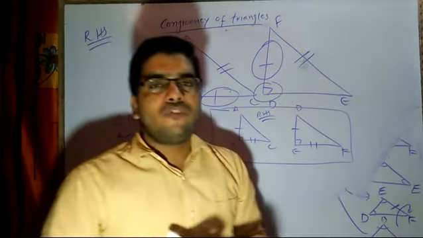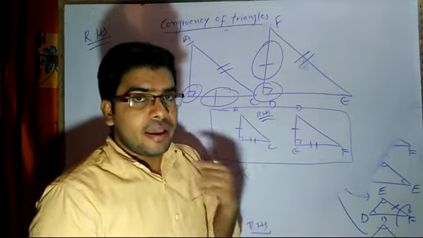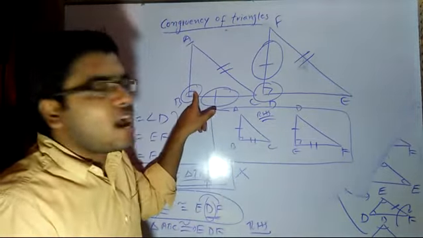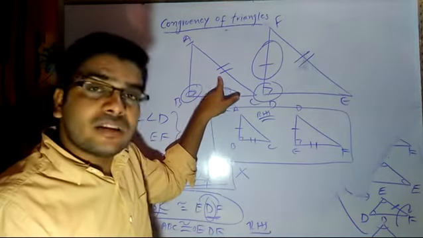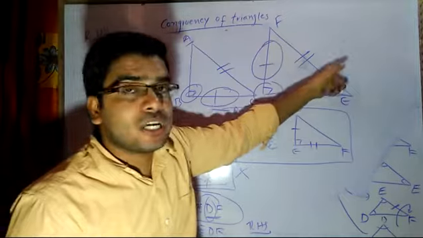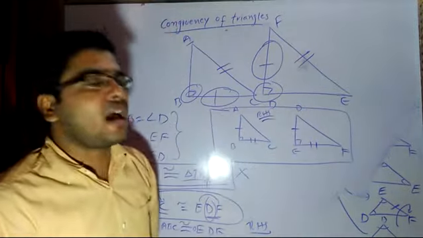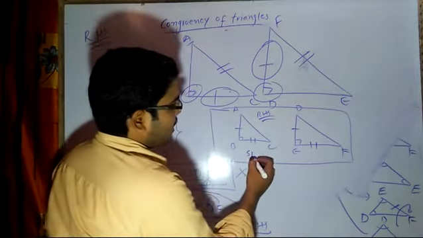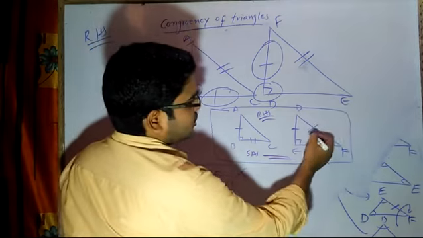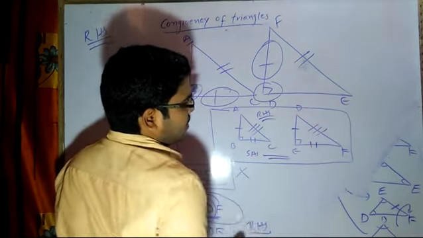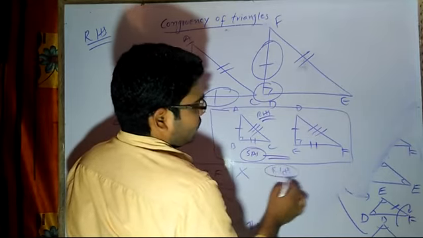The necessary condition for a triangle to be congruent with the other is that, first of all, it should have 90 degrees, which is given. But the other necessary condition is that the hypotenuse should also be equal, then only can we say they are congruent by RHS. So right now they are congruent by side angle side, right? If the side is given like this, then you can say either side angle side or RHS. Any one of them you can write.